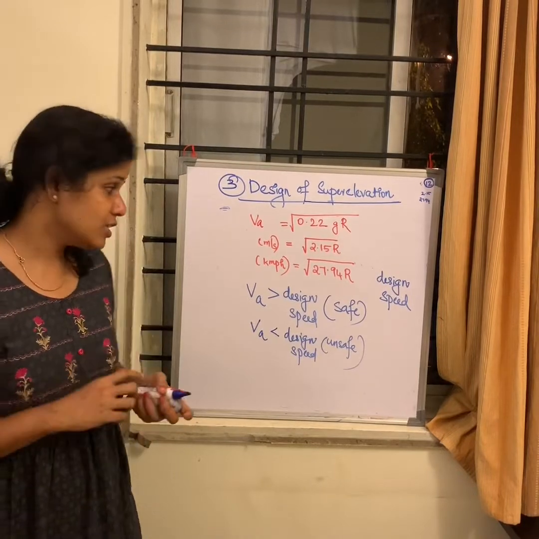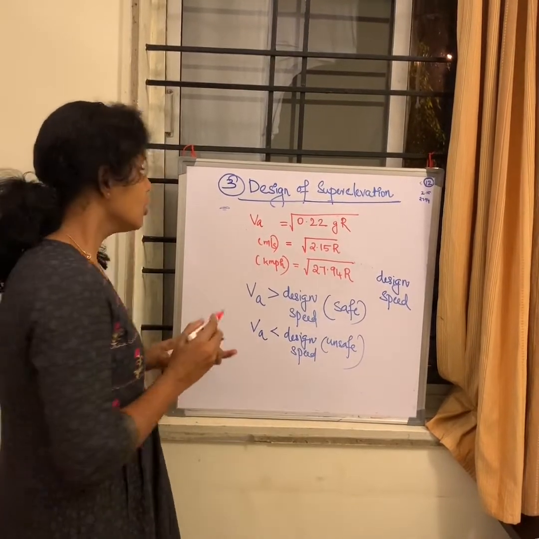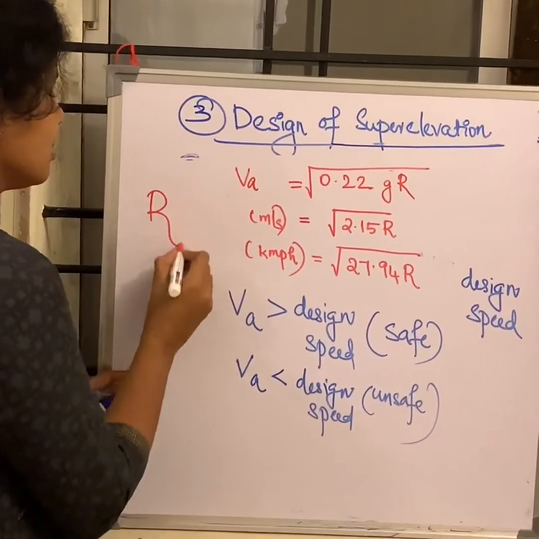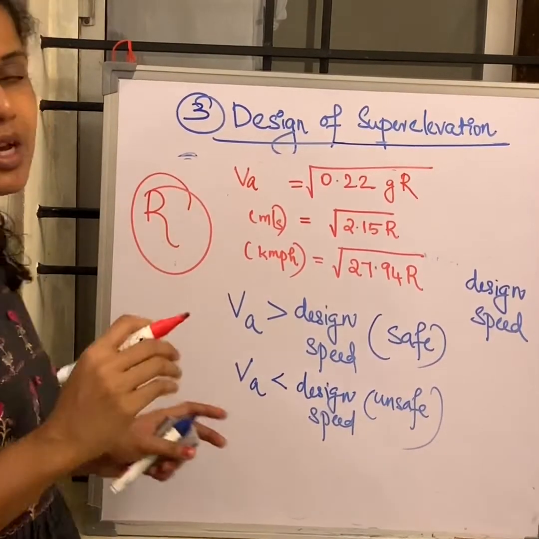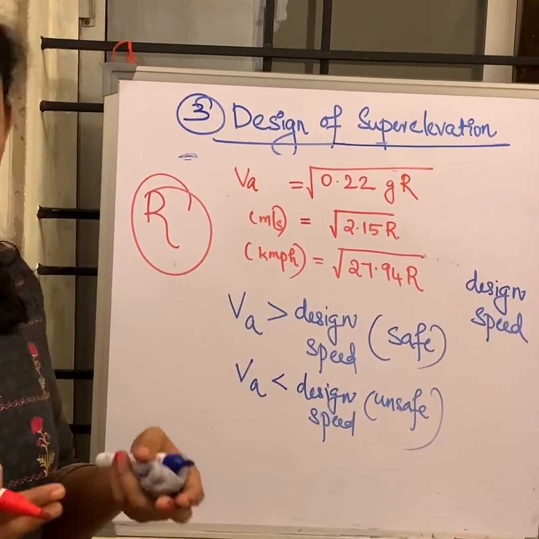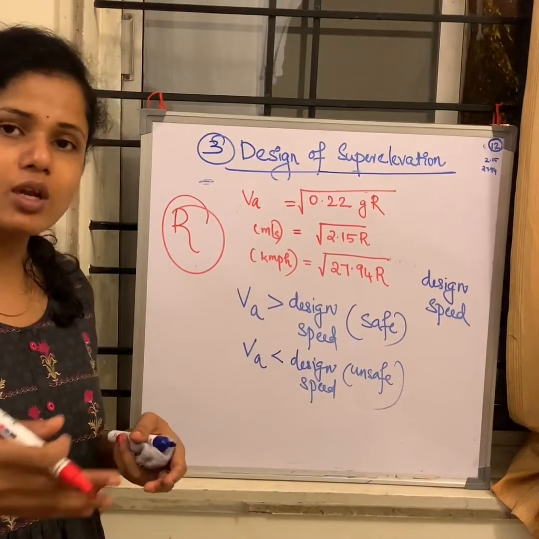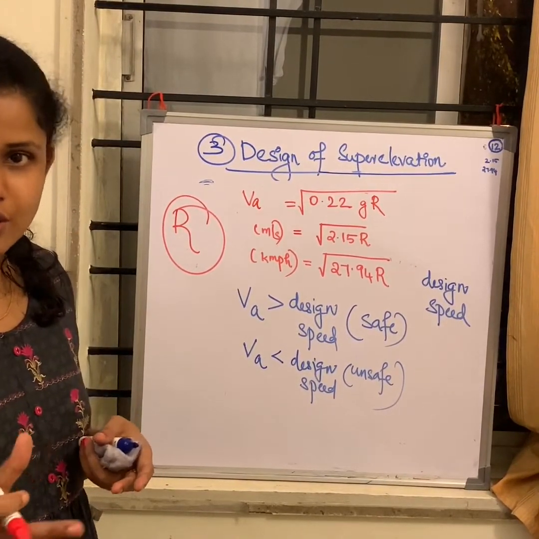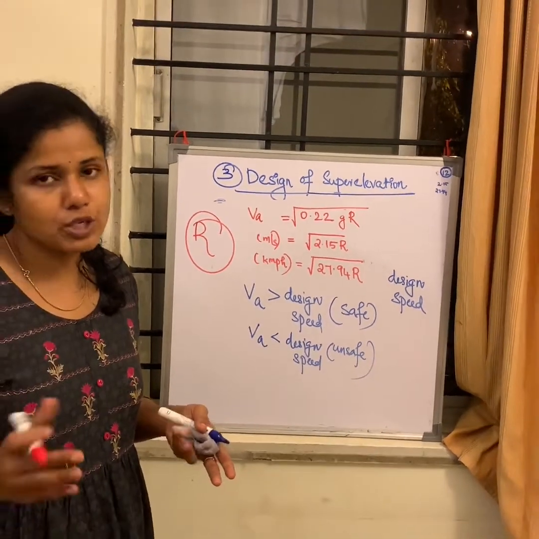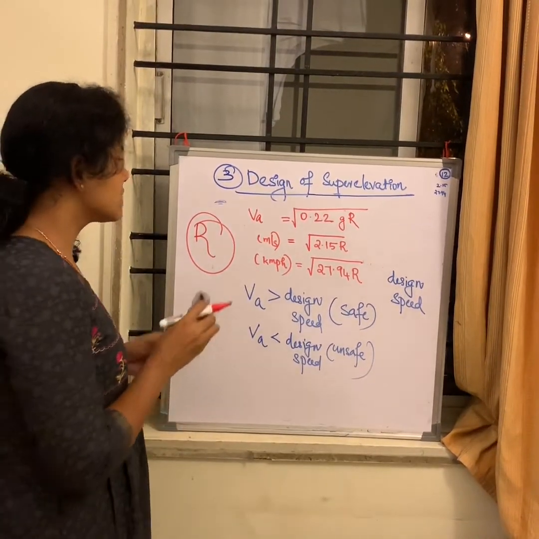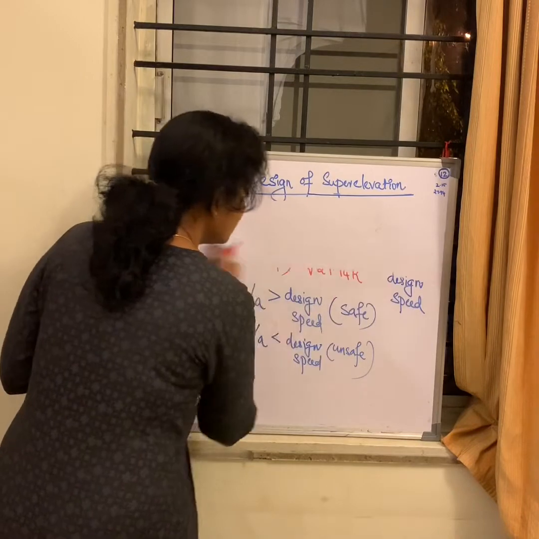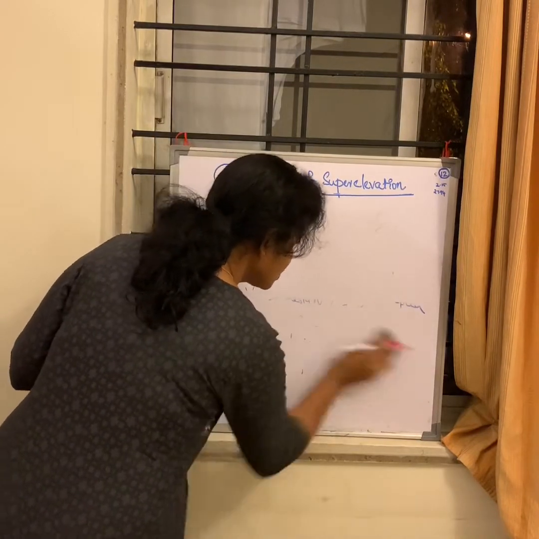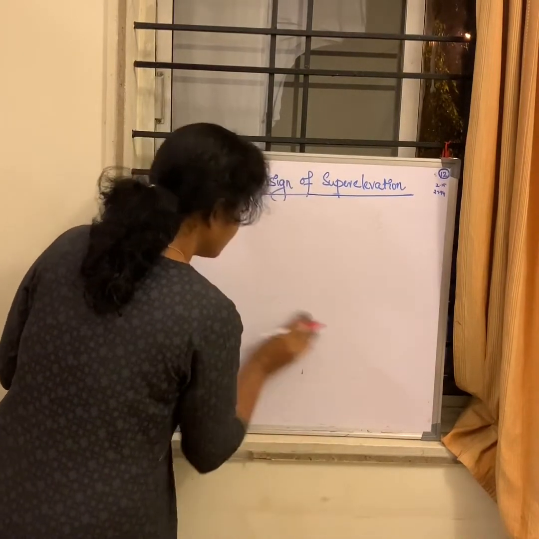Or in other ways, you still have an option: you can think of providing a larger turning radius. That means typically a realignment only at the horizontal curve portions. If you are able to provide a large radius of curvature, that is another feasible option. So this is the design practice of super elevation. Let me quickly tell the 4 steps so that we can wind it up.